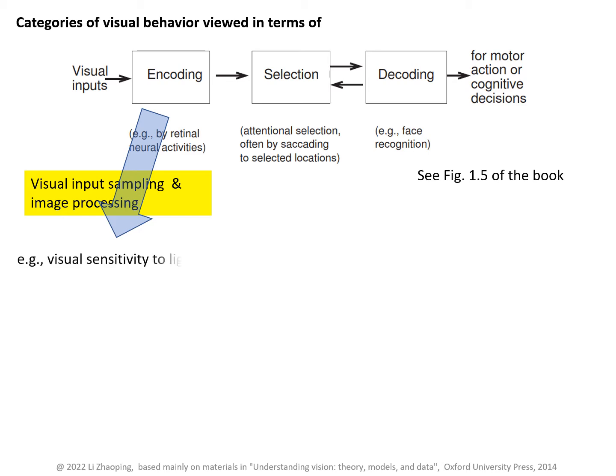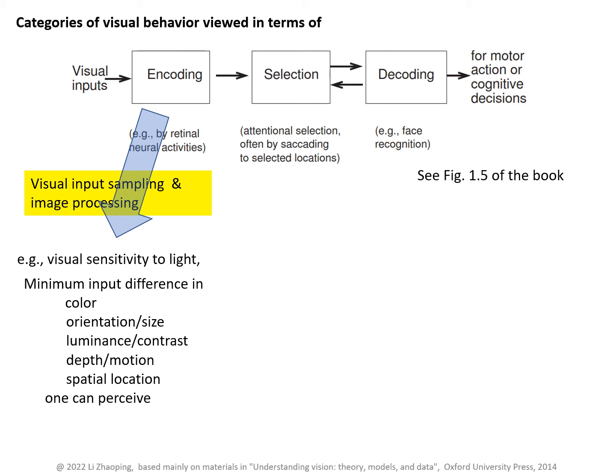For example, how sensitive is human vision to light? And what is the minimum difference in some of the input features that we humans can still see? For example, what's the minimum difference in color, orientation, depths, spatial locations, etc., that we humans can discriminate by our